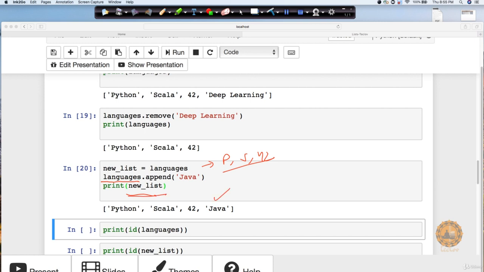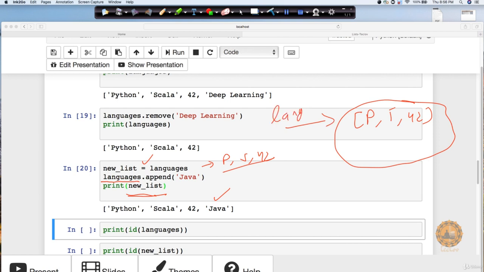The reason is that when you use the assignment operator on a list, they both still share the same memory location. Say the values Python, Scala, 42 are sitting in memory, referenced by languages.